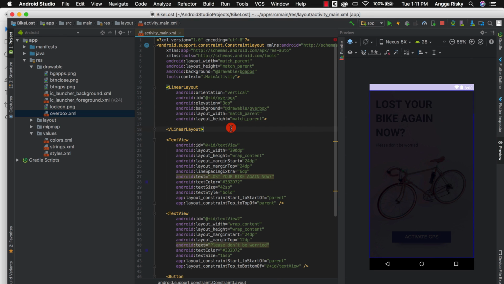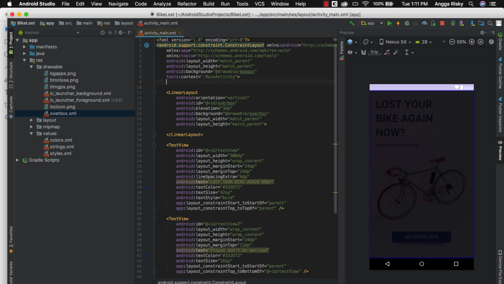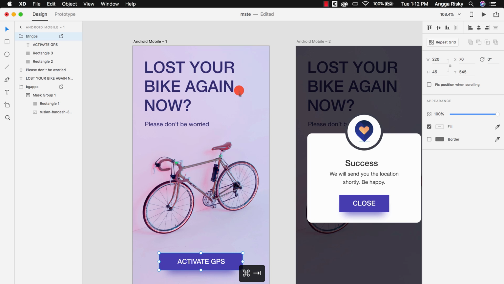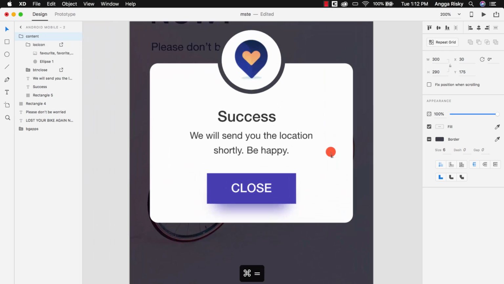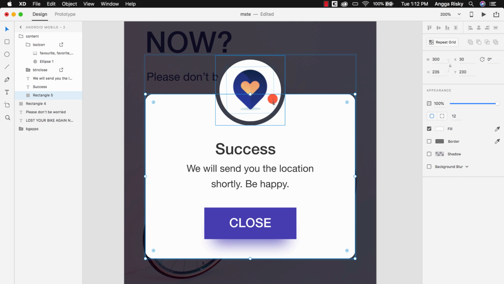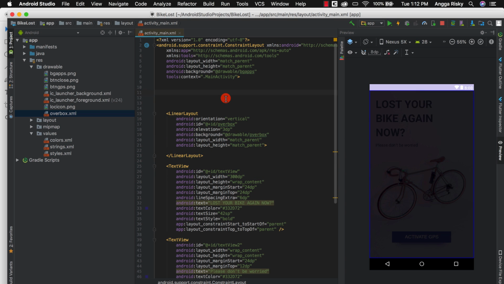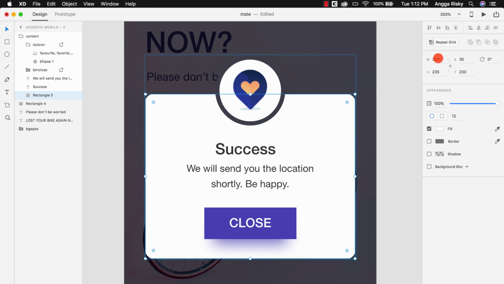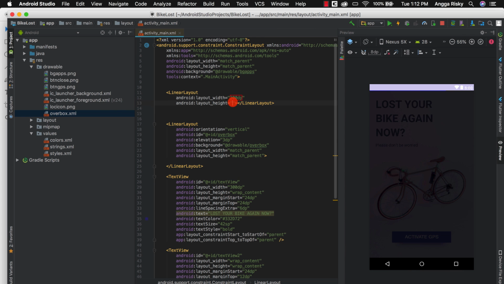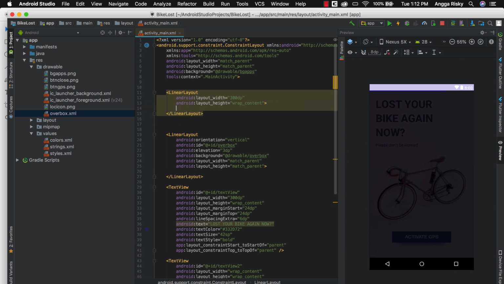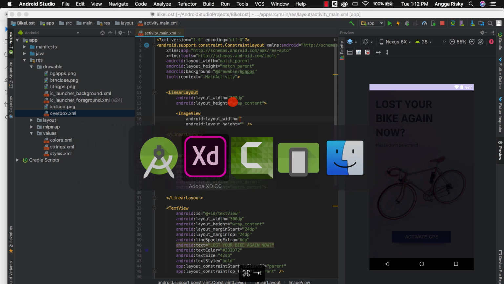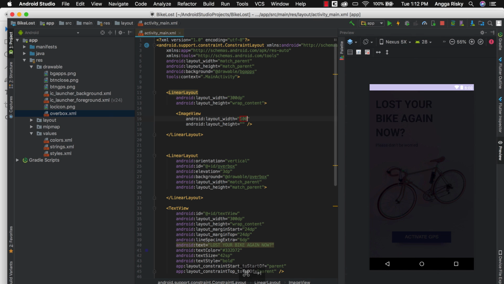Okay, and then after that we have to make another linear layout here. So I'm going to make it for this content, right? I need to put this content here. So right now let's try first with the linear layout, and then the width is 300, and you can set it to wrap content, and we need to put an image view for the icon, so 100 dp and 100 dp.